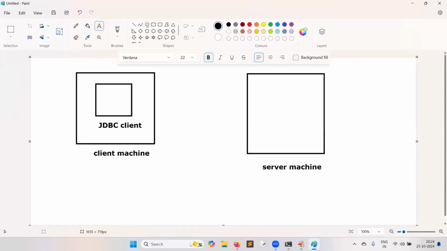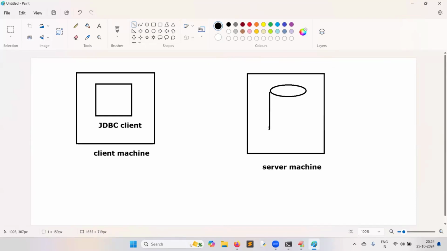In this server machine, the database is running. Whatever cylinder I am drawing, assume that it is the database server.